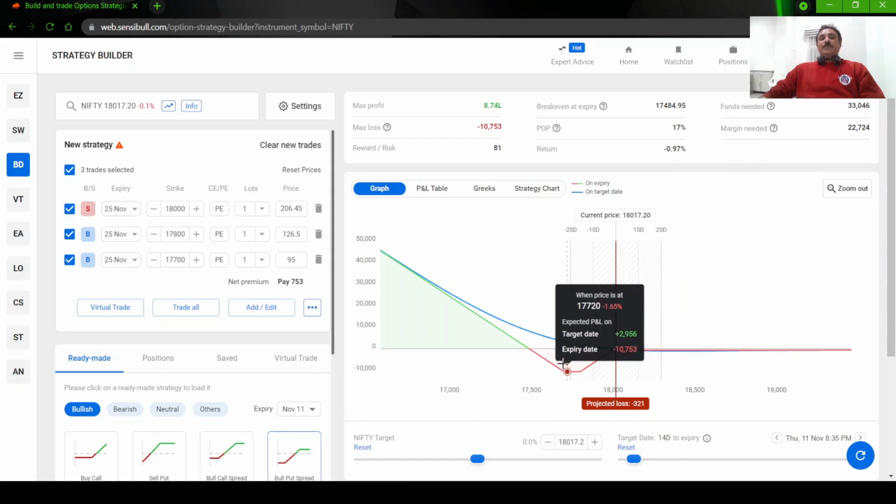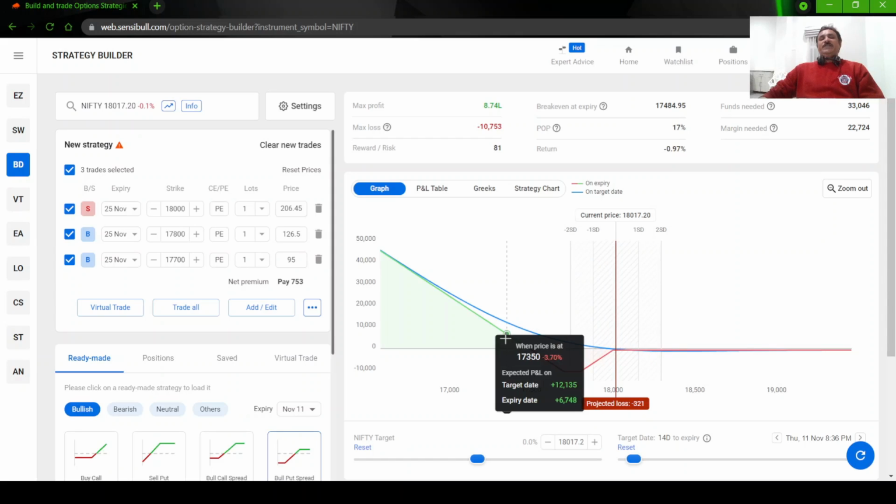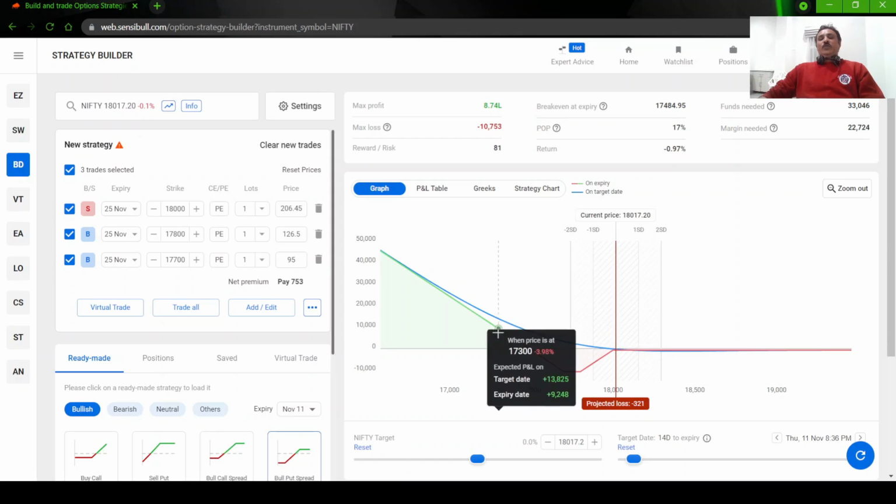To cross this small pit, we have to give time. The market will not crash down in a couple of days by another 800, 900 points, right? If it crashes, it is very good, but normally it does not. Means when it comes down, then it consolidates, it goes up. So to get the view completely bearish and to get a good profit, we have to give some time to the market. So that is why we have taken the monthly expiry and not the weekly expiry. Okay,